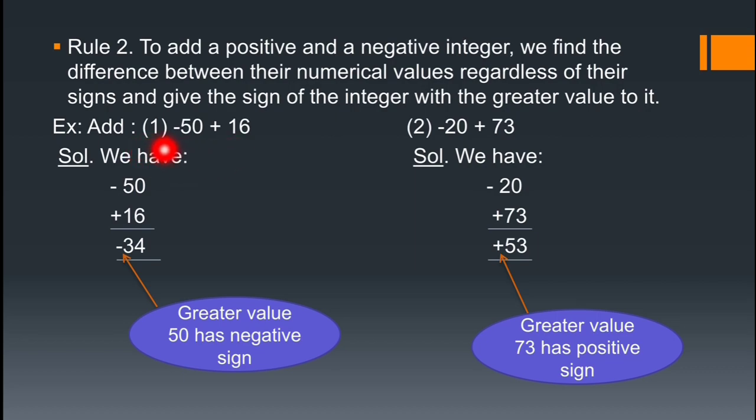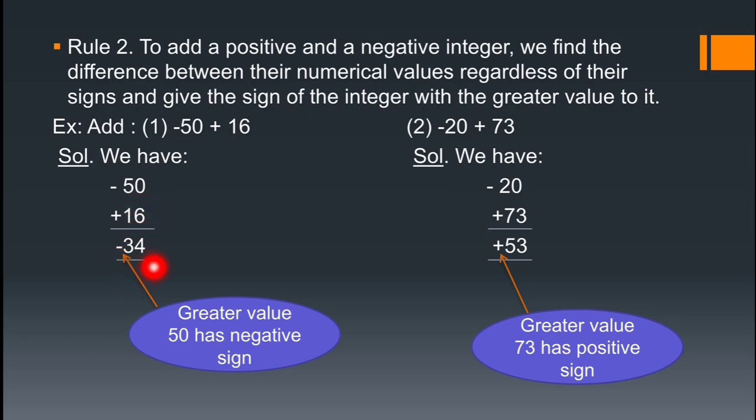Let us see. Our first example is to add -50 plus 16. You can see here the two integers are of opposite sign, because -50 has a negative sign and 16 has a positive sign. So we just ignore their signs. Then -50 has a numerical value of 50 and plus 16 has a numerical value of 16. We have to take the difference, and for taking the difference we subtract the smaller value from the larger value. So we subtract 16 from 50. What will be the outcome? The outcome will be